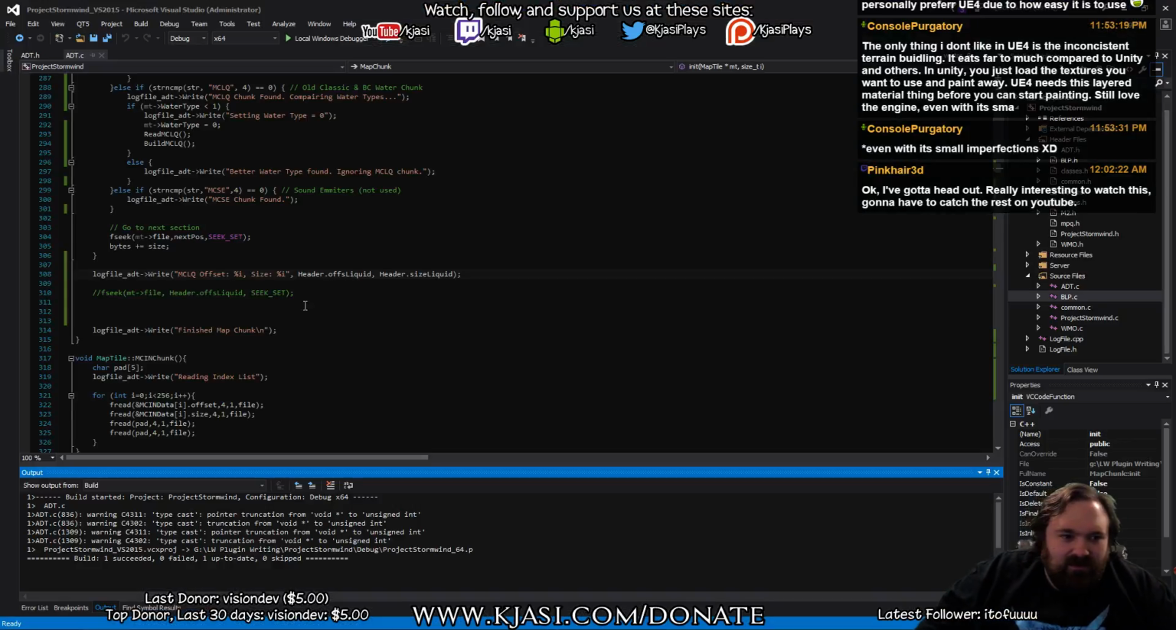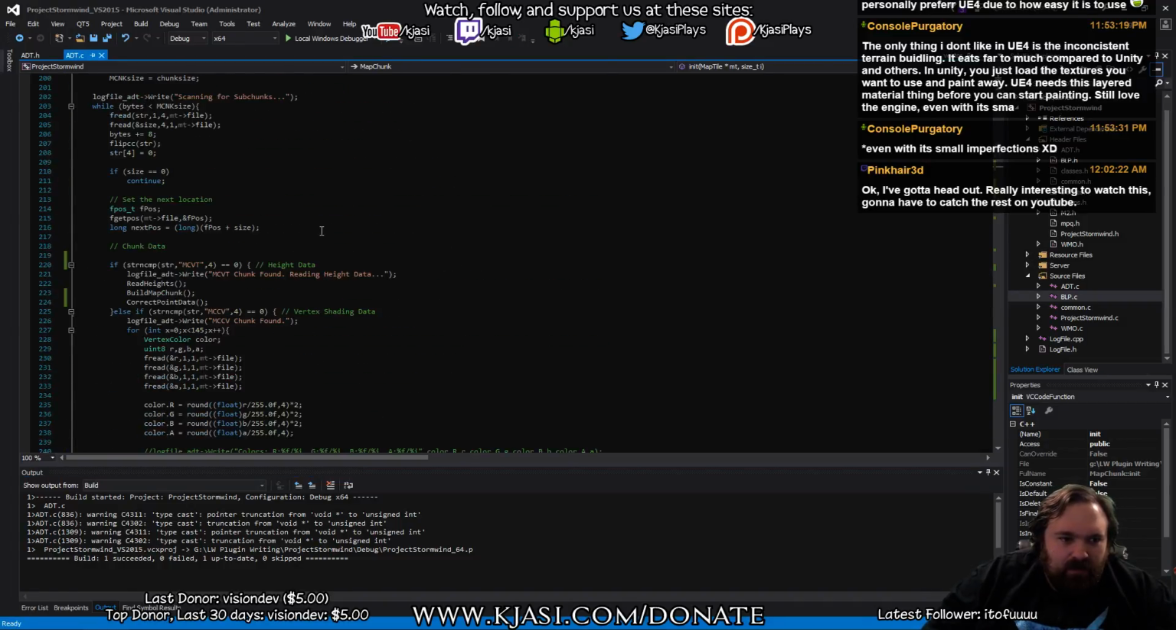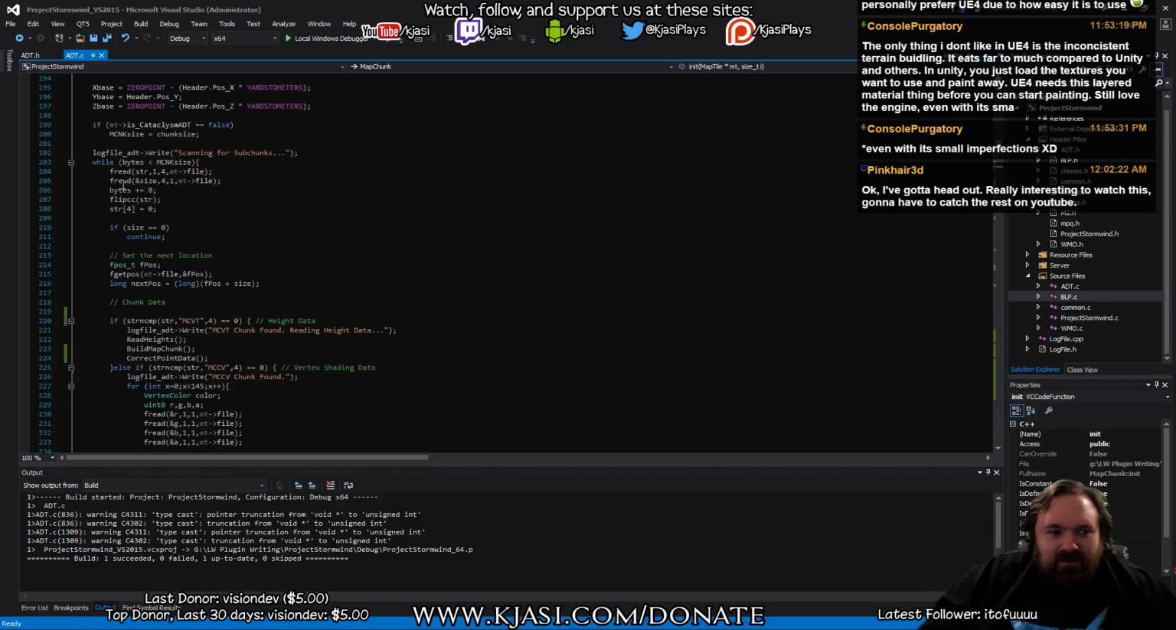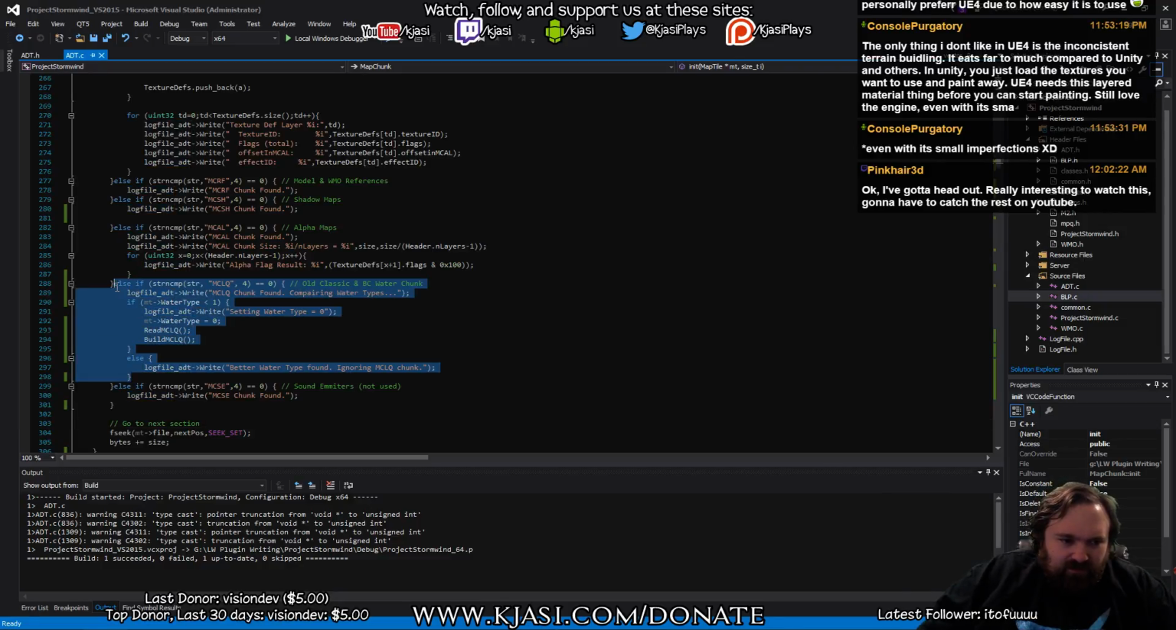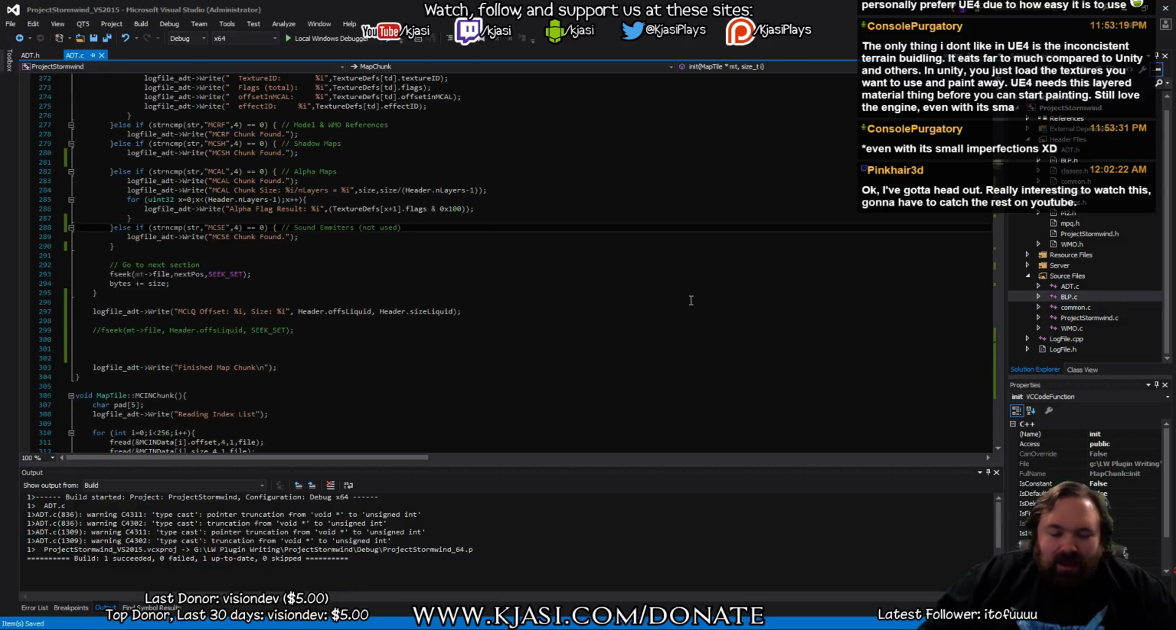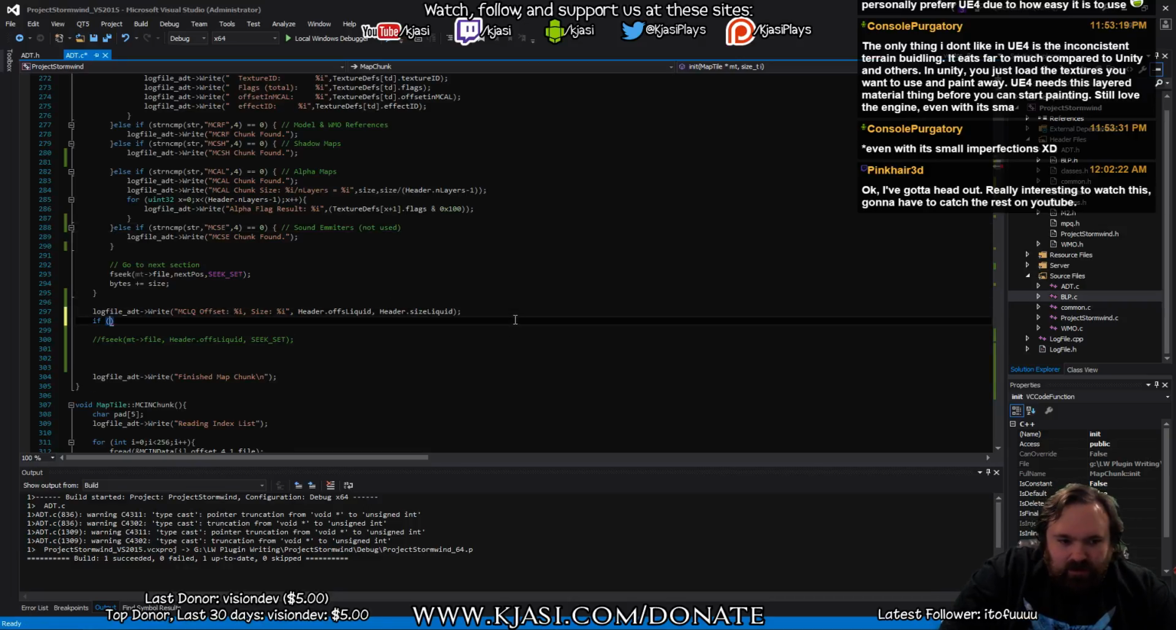So why is this not working? Probably because it reads the next 4 bytes as this. Now this works for 95%. Actually, this works for basically everything except the liquids. So we're actually going to remove the liquids from right there. And we're going to do a special little bit down here. So if header dot liquid size is greater than 8,